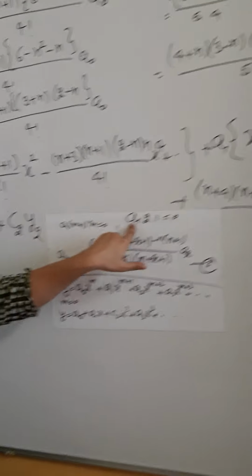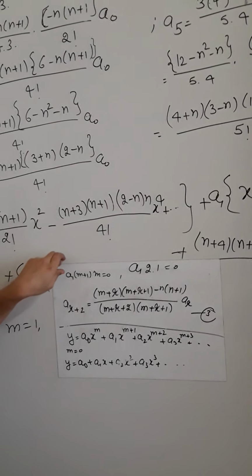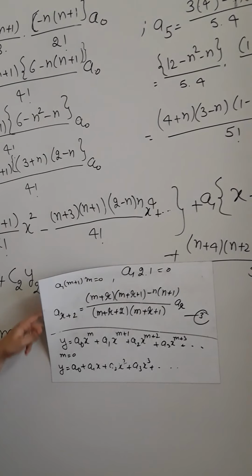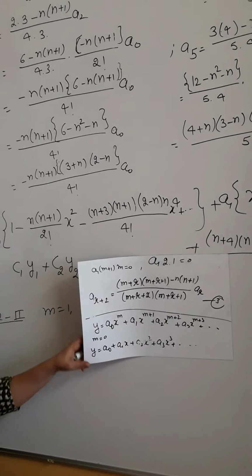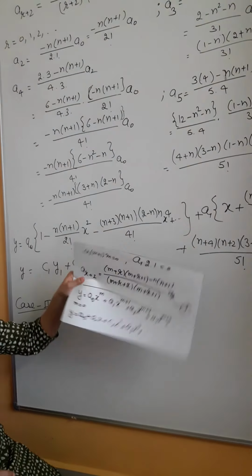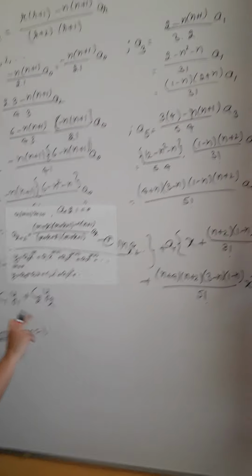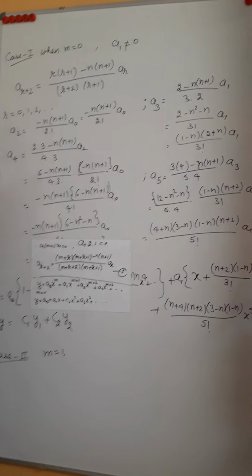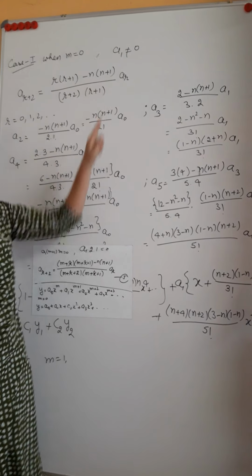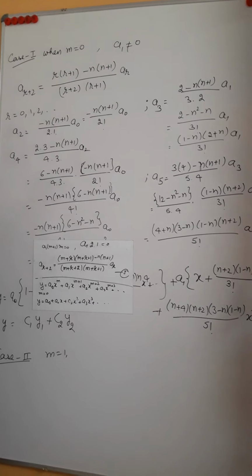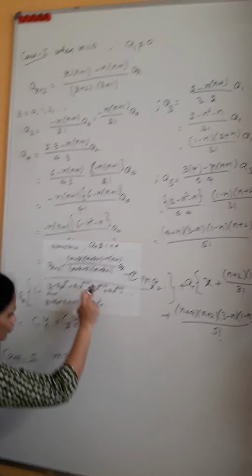So when a1 is 0, as we have done in the previous case, all the terms which are expressed in terms of a1 will become 0. All a3, a5, a7 will be 0. That we have discussed in Bessel's function also, and here also you can see when we start finding the values for the constants, all will end up in a1. So since a1 is 0, all terms become 0. Now let's write the recurrence relation for m equal to 1.